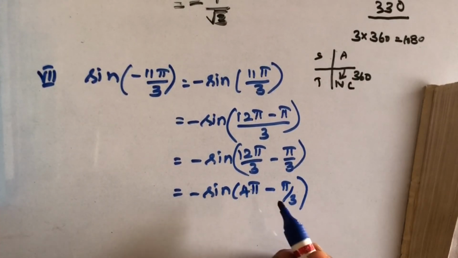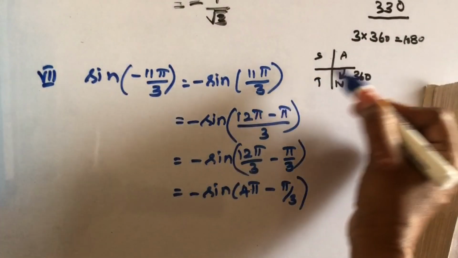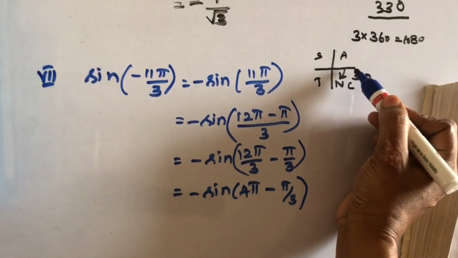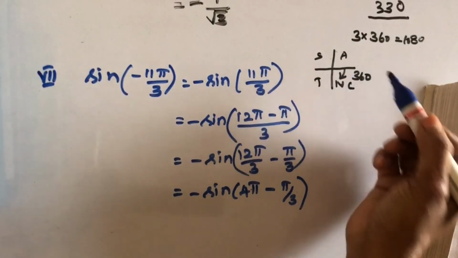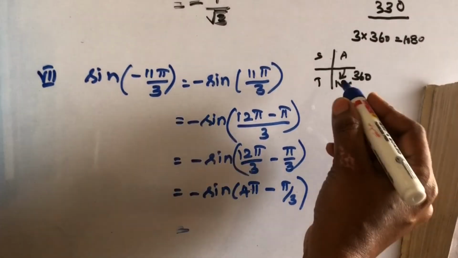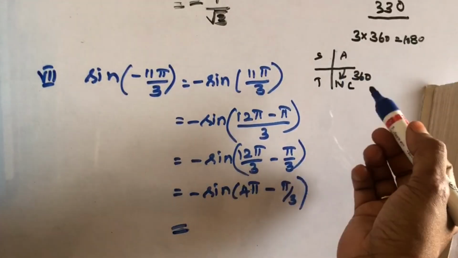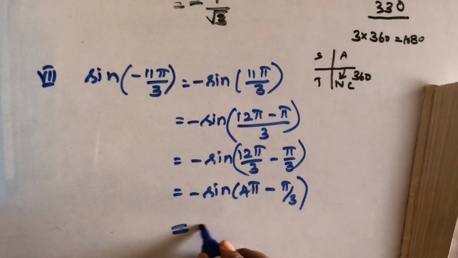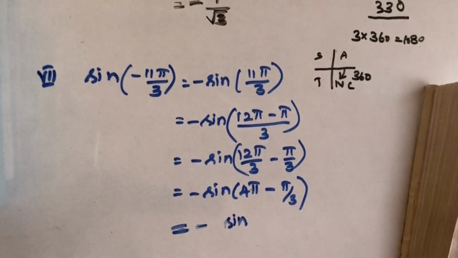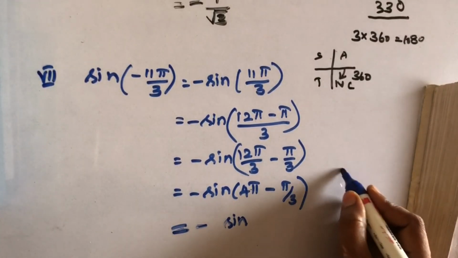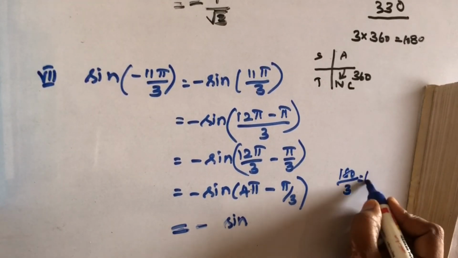Pi, 2 pi, 3 pi, 4 pi are all on the horizontal axis. It is 0, pi, again 2 pi, now 3 pi, 4 pi, it will go on like this. Okay. All the pi values are lying on the horizontal axis only. So, for minus sine of 4 pi minus pi by 3, there is no change, similarly for pi also there is no change in the trigonometric ratio. So, minus sine remains as minus sine of 4 pi minus pi by 3. Pi by 3 means it is 180 by 3, and it is 60.